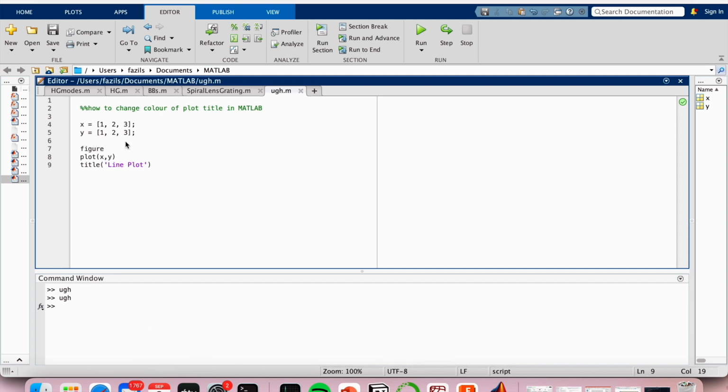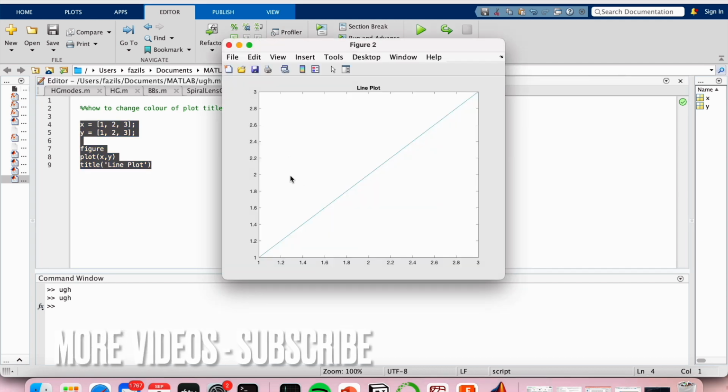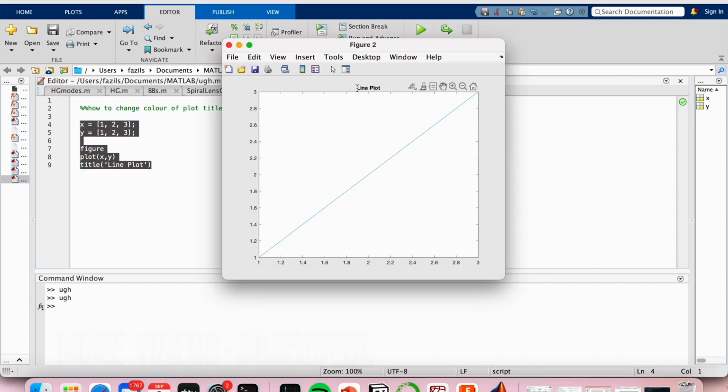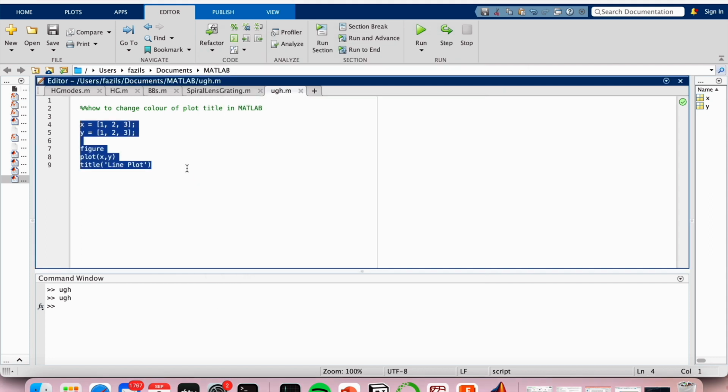So let's get started. I've already got the plot that I want to plot. So if I run this, we'll see my plot over here. The title just says line plot and it's in black. So now,